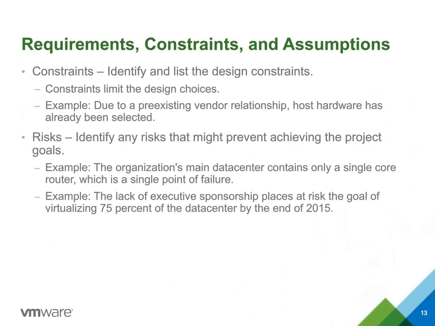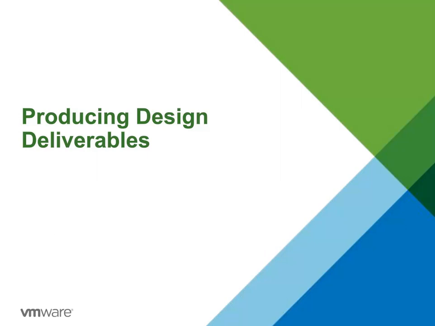So requirements, constraints, assumptions, and risks are some of the main things that an architect is looking for in the design sessions that we mentioned earlier. In the following slides, we're going to be taking a look at several, not necessarily all of them, but many of the main deliverables, the documents that tend to be produced in